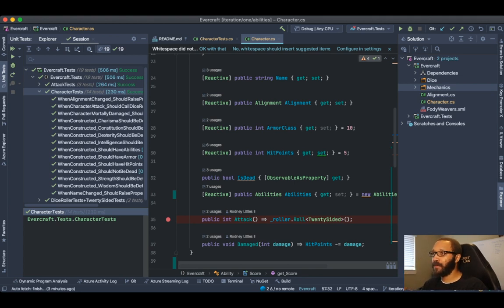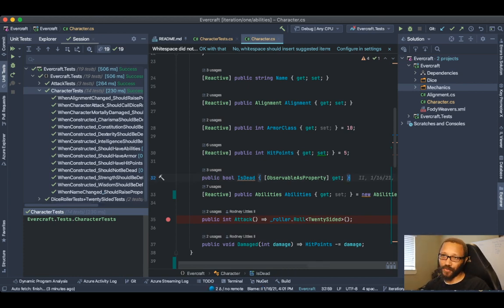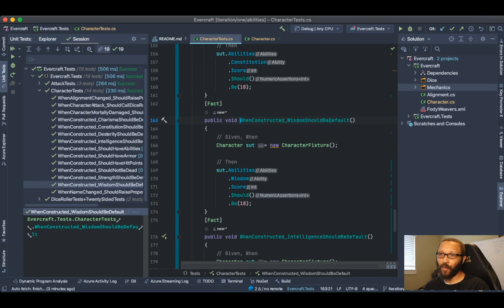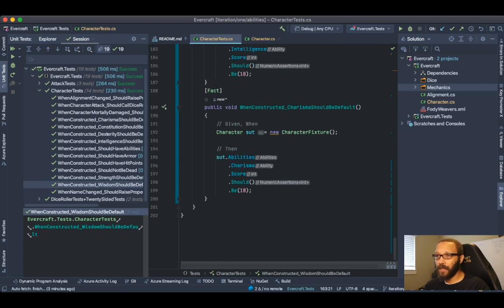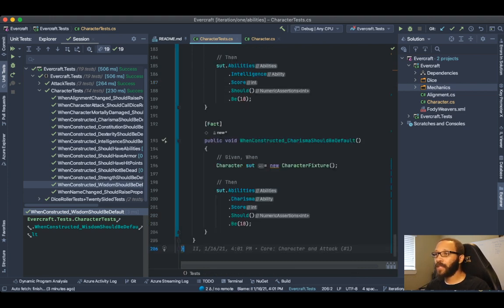We'll do that. Okay, I'm sold. Because now, this is what we're getting to, right? The next thing I want to test is when constructed. Let's see if we can get all of this to reset. There we go. When constructed,